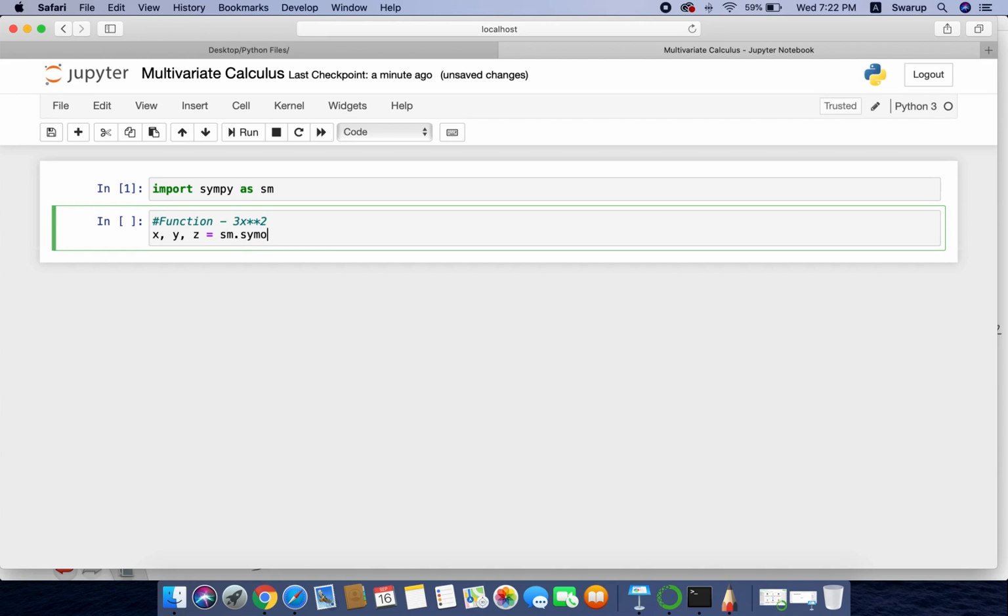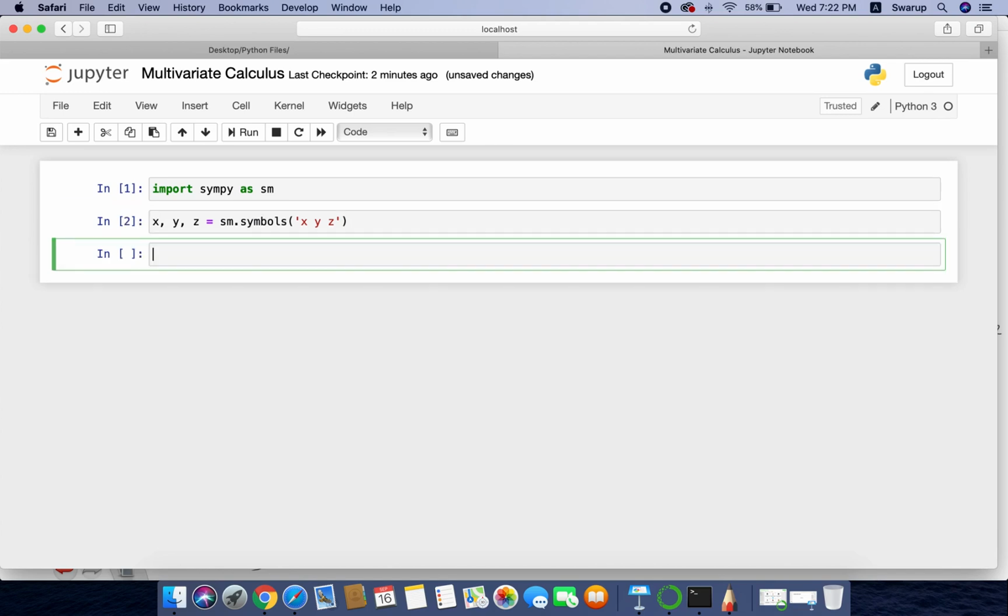So first in symbolic Python we just have to tell our symbolic Python package what symbols we are going to use within this. For now I'll be using 3x square, only the x variable, but suppose we have more going ahead. So I'm just writing it right now, saying symbols will be x, y and z. Okay, so multiple symbols can come up, x, y or z. We are just initiating what all symbols might be there.